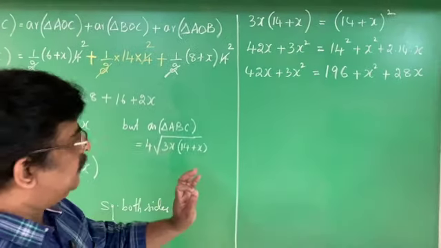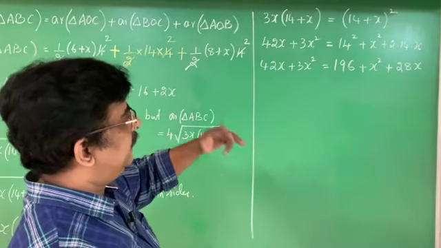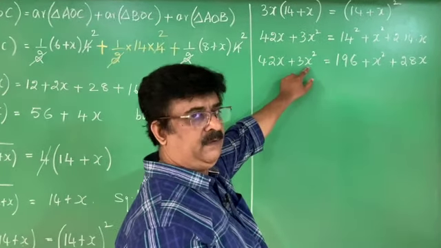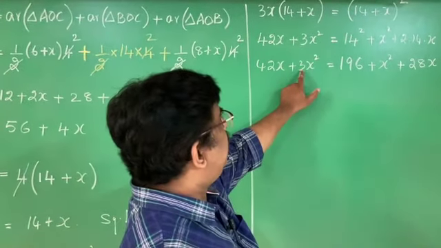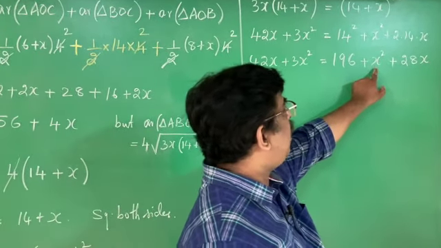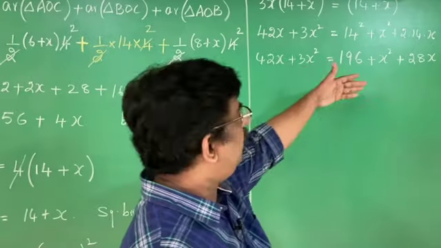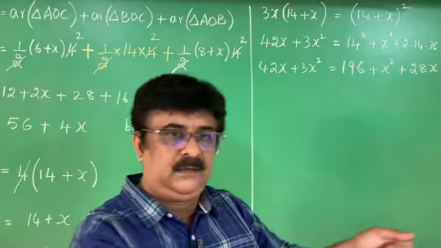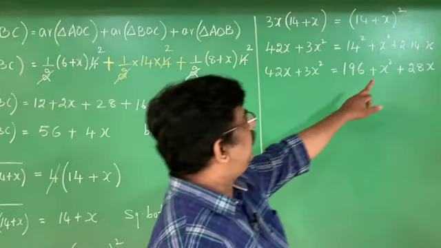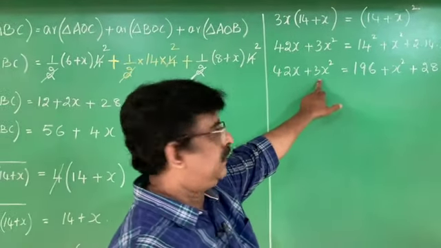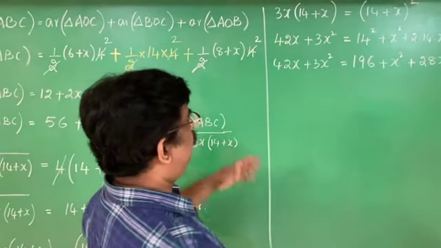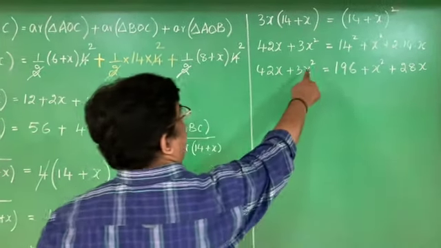Always, while transferring, identify the highest power. Which is the highest power? x square is the highest power. What is the coefficient here? 3. This is 3 and this is 1. This is smaller, this is bigger. Therefore, while transferring, it is like a tug of war. A fat person pulls the thinner person. He is thinner, he is fatter. Therefore, all these numbers are going to transfer to this side. Therefore, first start with the higher power.